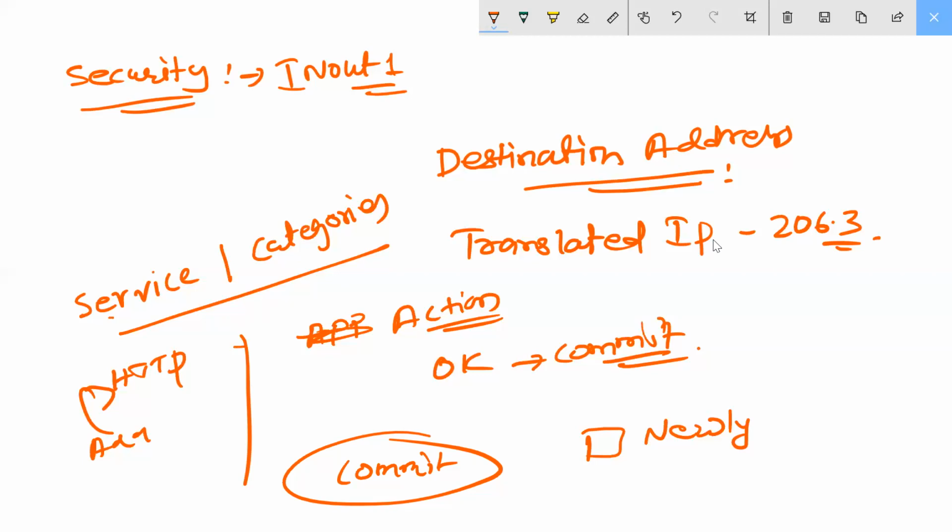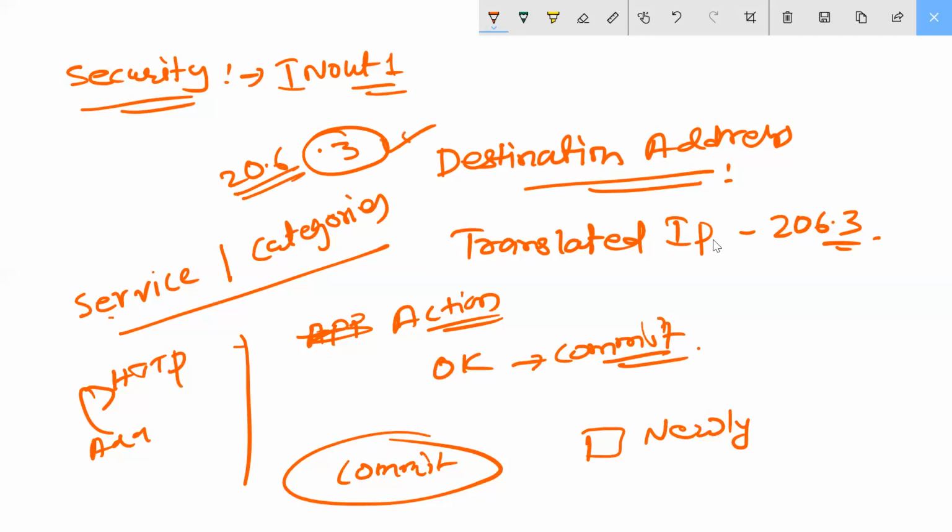So what you do here, you should come on your PC and give the IP address, 192.168.206.3. No, it doesn't open.